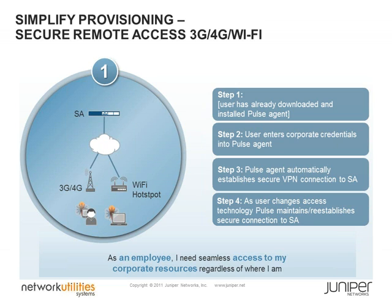or MAG series appliance. And if the user changes access technology, the Pulse automatically maintains and reestablishes that secure connection to the SSL VPN appliance. Thereby, the user is then authenticated with the user credentials and is allowed access to the resources that they require remotely. So, thing to bear in mind here is